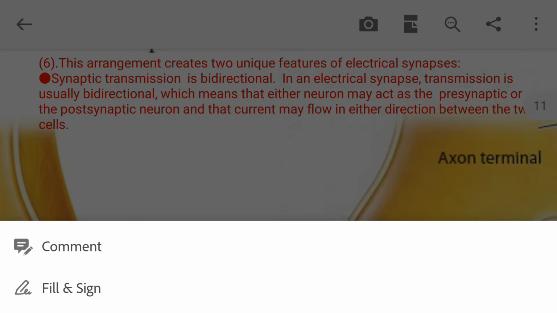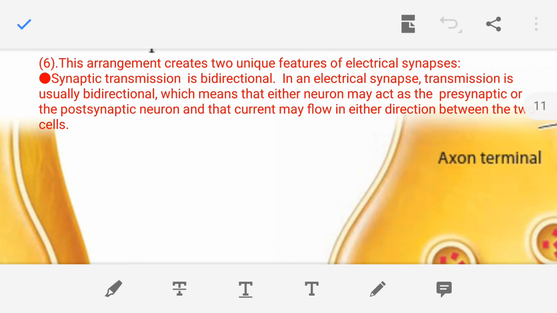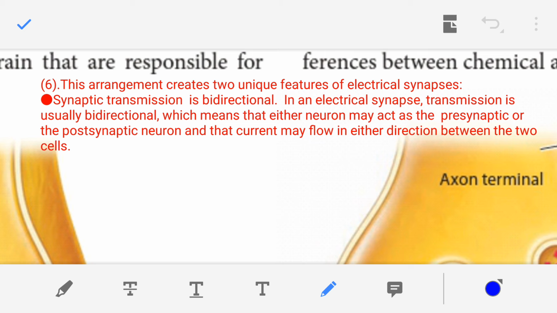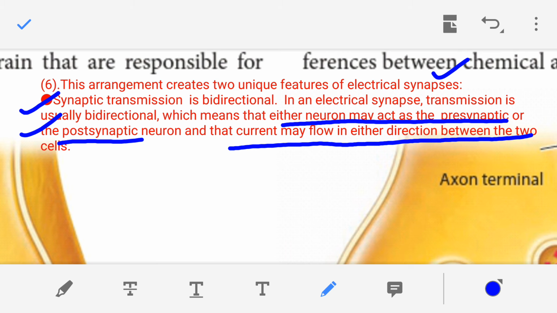This arrangement of gap junction between the two neurons creates two unique features of electrical synapse. See, synaptic transmission is bidirectional in electrical synapses. In electrical synapse, the nerve impulse propagates usually in two directions, so it is generally bidirectional. That means either neuron may act as presynaptic or postsynaptic neuron, and the current may flow in either direction between